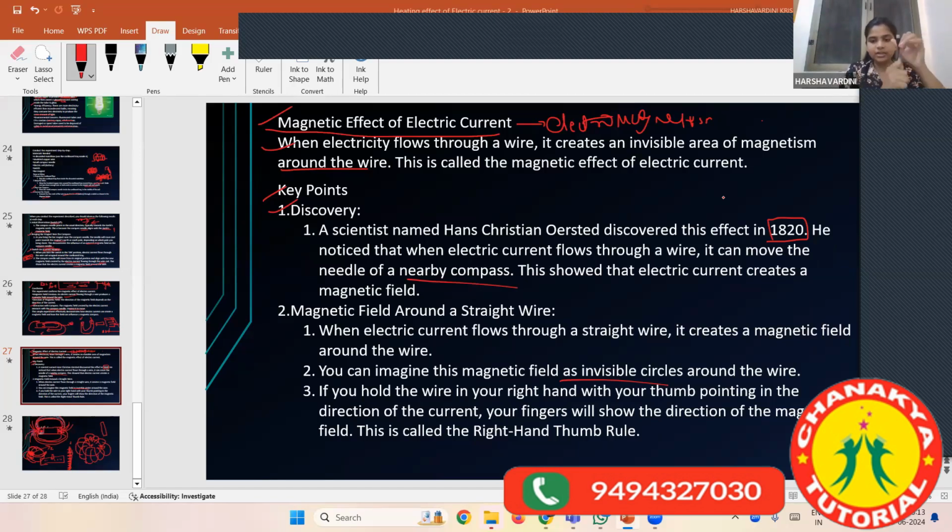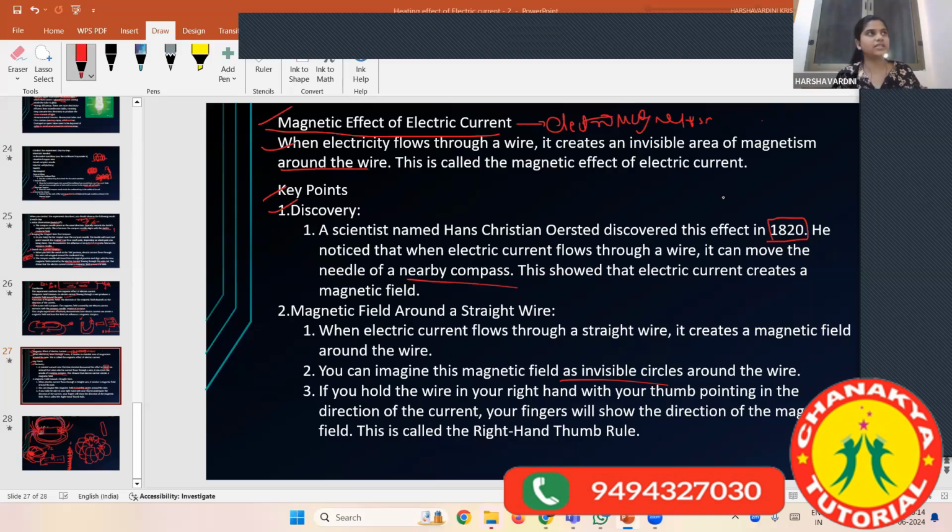The direction that your thumb is pointing, which is thumb, this one, no? Yes, ma'am. The right hand with your thumb pointing. So the thumb is pointing to which side? Upside or low side? Up. So the current is passing upstairs. Okay. So whenever I give you any substance, for example, any kind